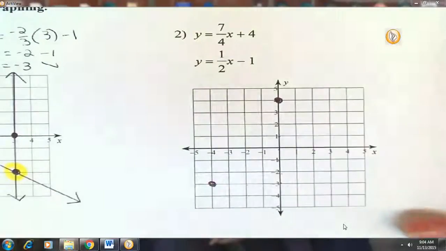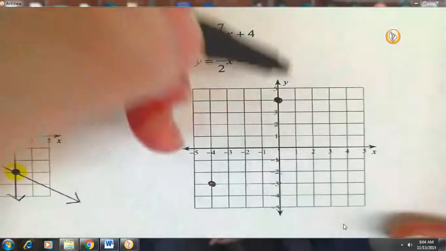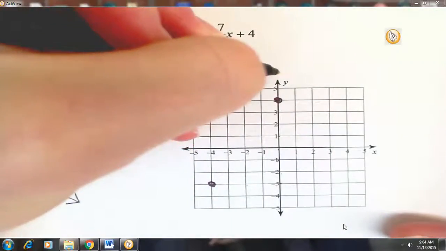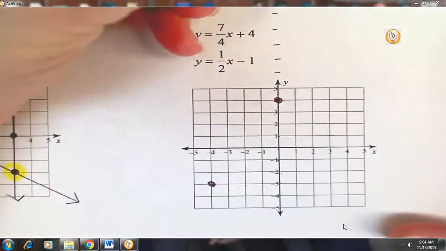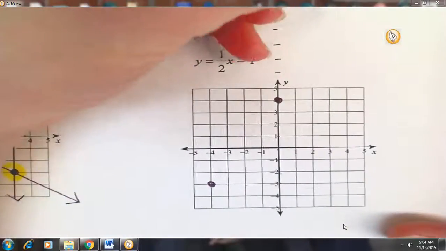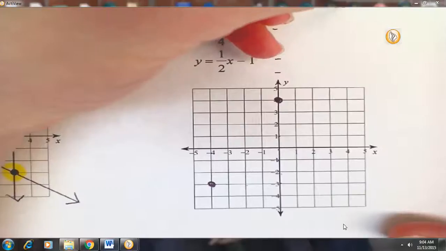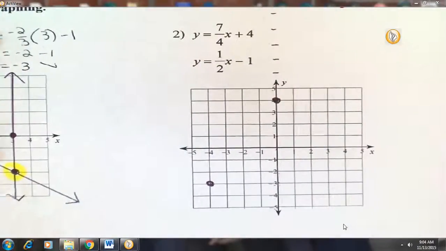Now I need a minimum of 3 points, so I'm going to have to rise 7 and run 4 to get my third point. So let's just estimate. 1, 2, 3, 4, 5, 6, 7. And run 4. 2, 3, 4. Once we have our 3 points,